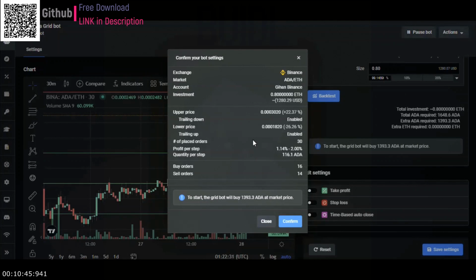But this is the way that you should set up the bot on the Ultrady platform. So this is all about the Ultrady platform grid bot. So let's move to the other part of the video to show you the best